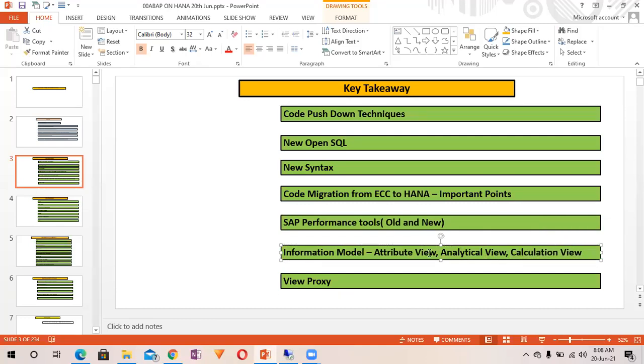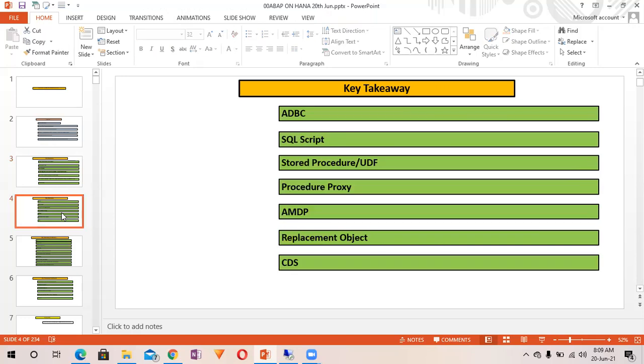We will look at some basic ideas of the information model and the calculation view. We will learn about the view proxy. What is a view proxy? We will also learn about SQL script, and about ABAP database connectivity, that is ADBC.